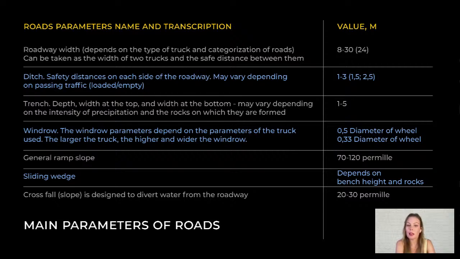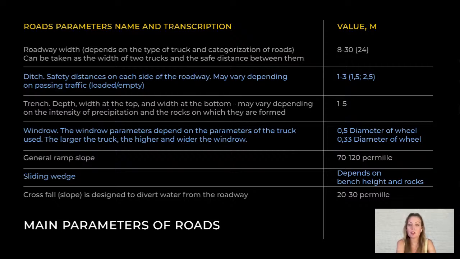The slope of the exit road is also a major economic factor. The longer road means more distance for transporting rock, meaning increasing costs. However, too steep a slope reduces transport speed and efficiency. So we also need to consider the prism of possible collapse, or sliding wedge. This ensures that no mining elements are placed within the potential collapse zone, which depends on the height of the ledge and the underlying rock.